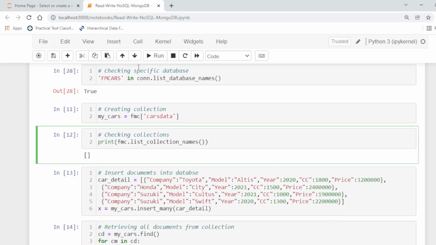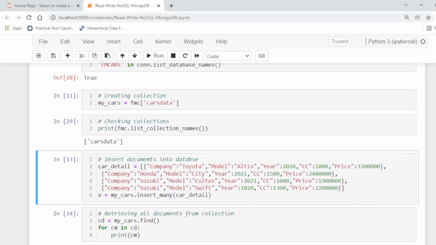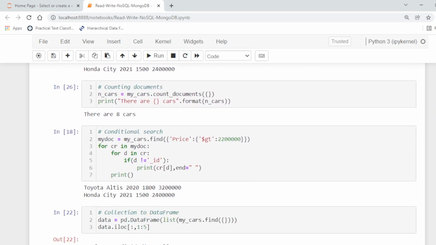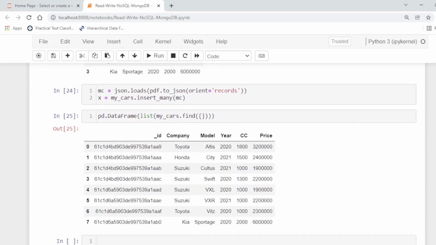Collection names: now the collection is also available, cars data. So in this way we can use NoSQL databases using Python or the pandas modules.